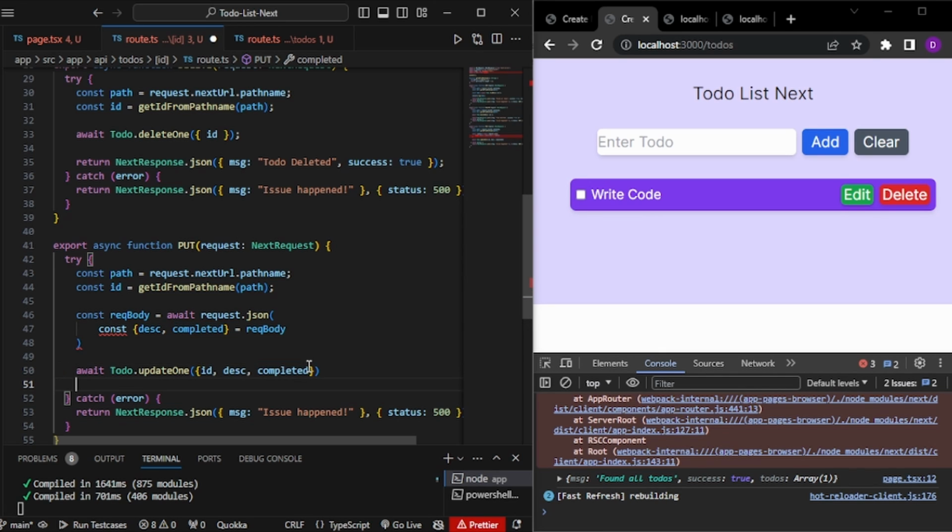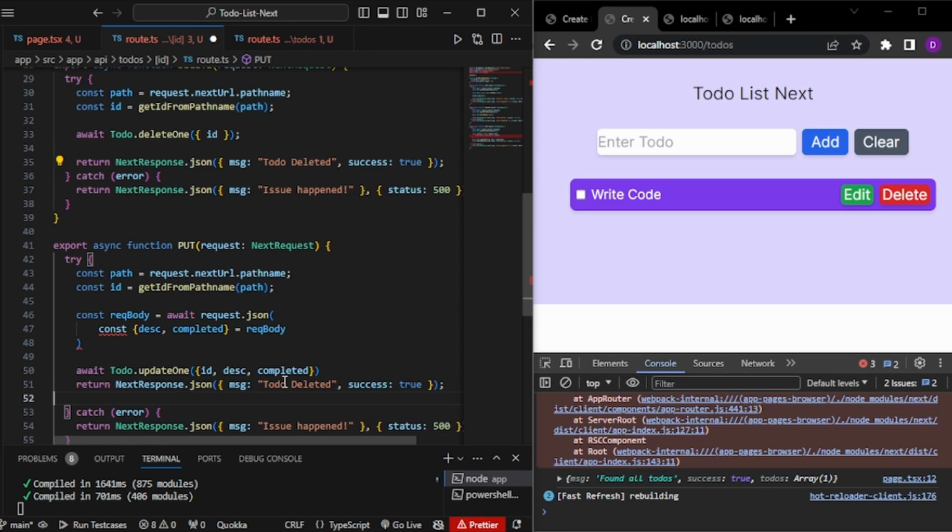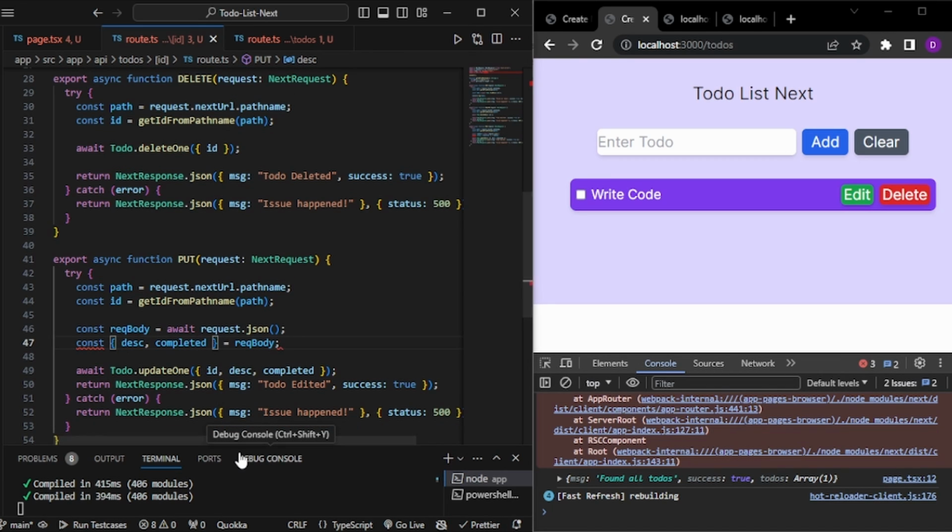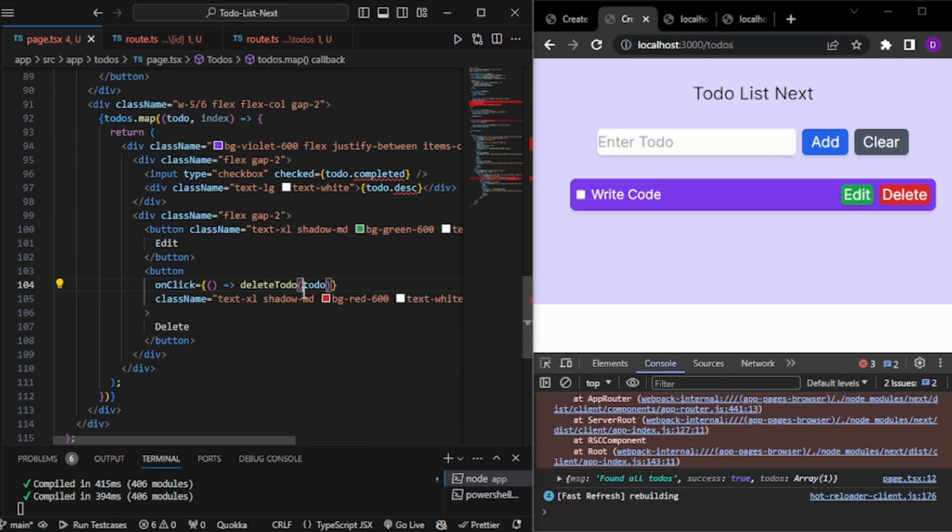and we also need to return something. So let me just copy this thing, paste here. Let me write to do edited, and success true. That's all. Okay, for some reason there is some issue over here, and that is because it should be outside the JSON. That's all. Okay, so now in my front end, once again I need to create these things,